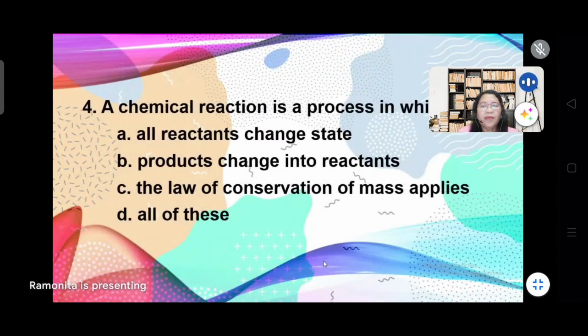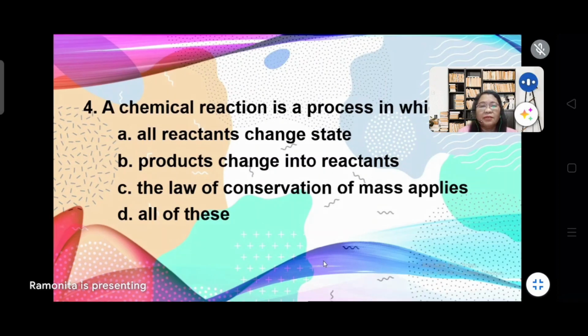a chemical reaction is a process in which A. All reactant change state. B. Product change in reactant. C. The law of conservation of mass applies. D. All of this. Okay? Next,